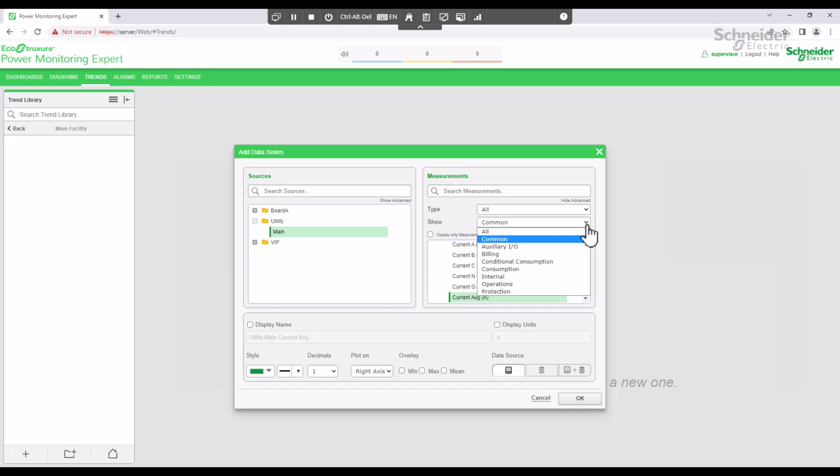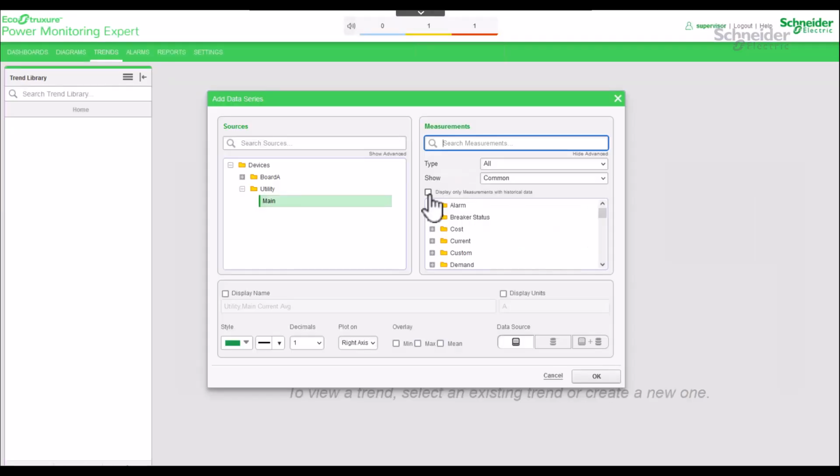Notice that I can filter the measurements by utility type and by function. I can also filter for measurements that have historical data. I can directly search for the measurement.